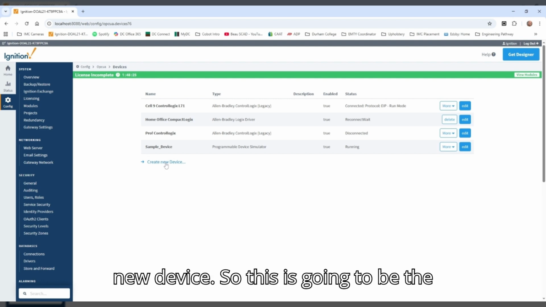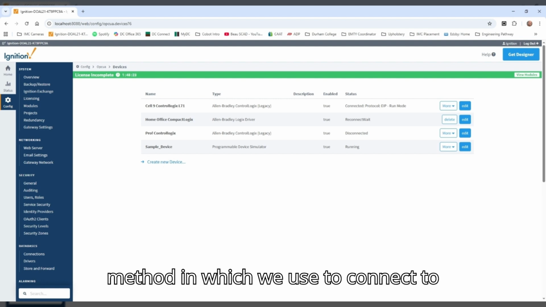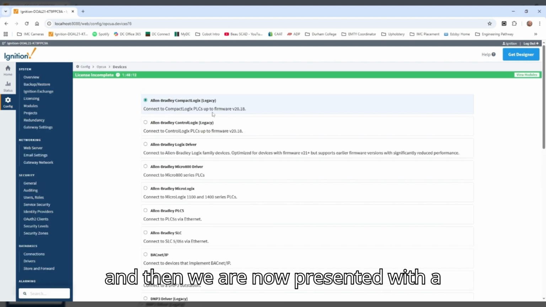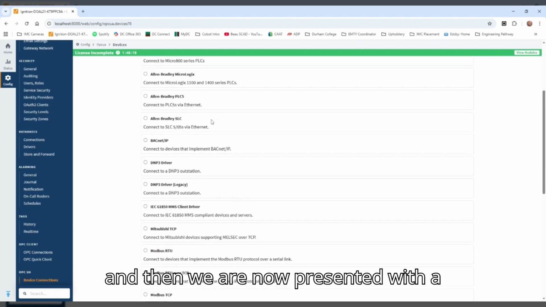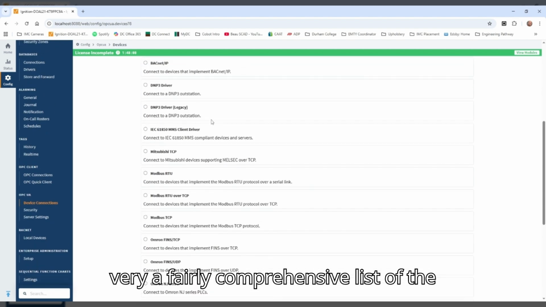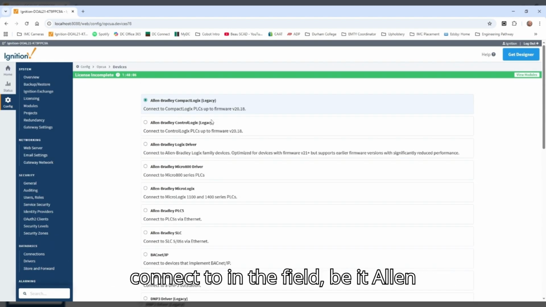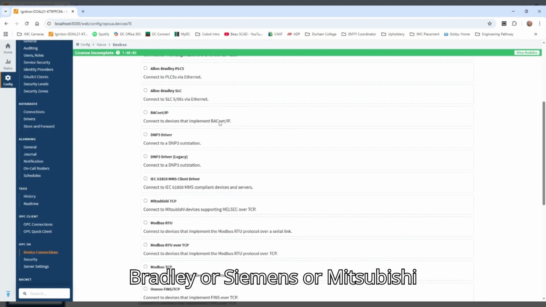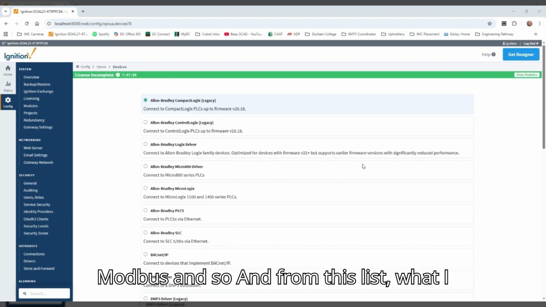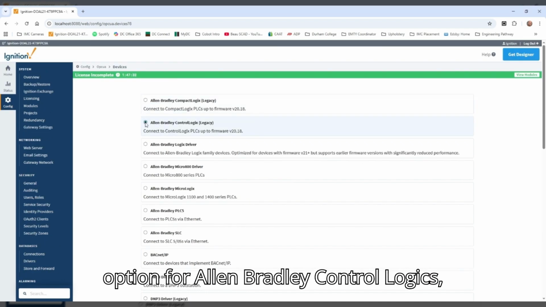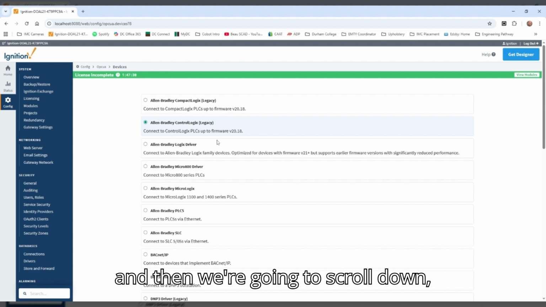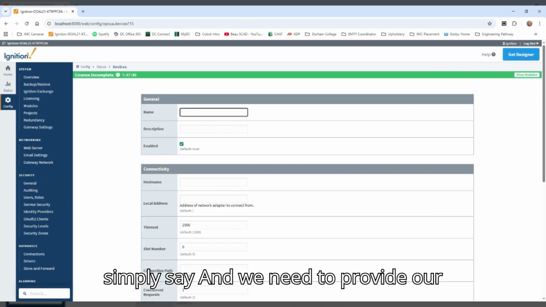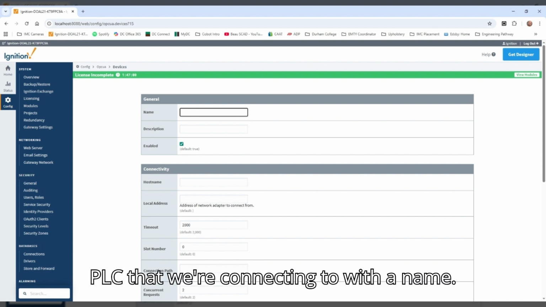This is going to be the method we use to connect to ControlLogix processors in IMC. Okay, and then we are presented with a fairly comprehensive list of the different types of processors that we can connect to in the field, be it Allen Bradley or Siemens or Mitsubishi, Modbus, and so forth. From this list, select the second option for Allen Bradley ControlLogix, then scroll down, simply say next,